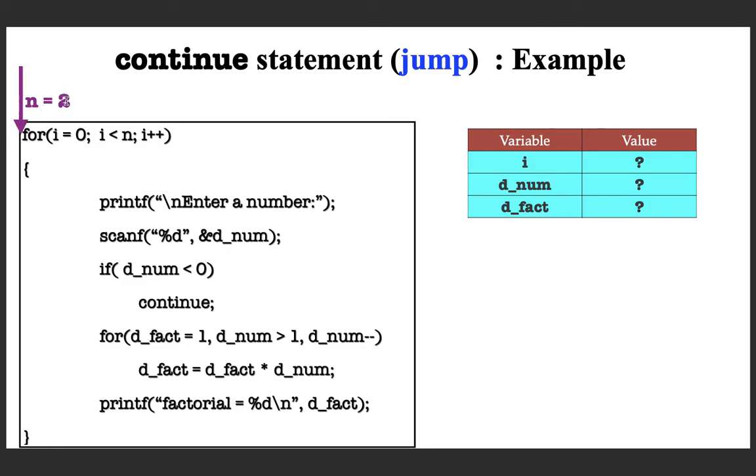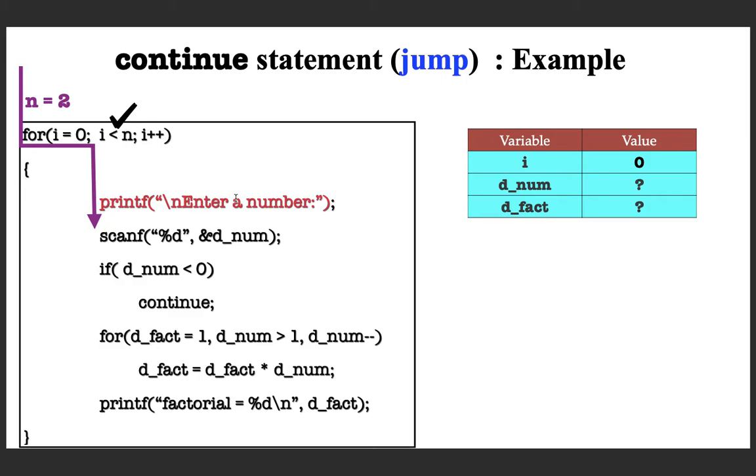From the last class, we know the semantics of the for statement. First, when it comes to the for, expression 1 will be evaluated, so i, which is now undefined, gets the value 0. So this is executed. Next is condition checking. The value of i, 0, is less than the value of n. Yes, it is true. So it gets in.